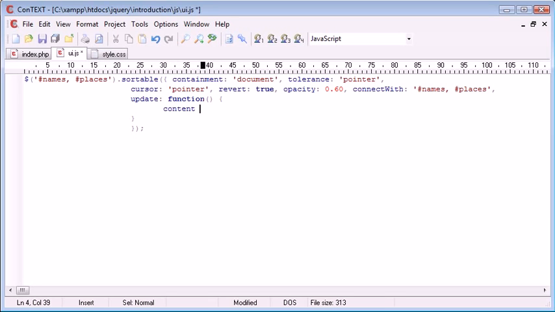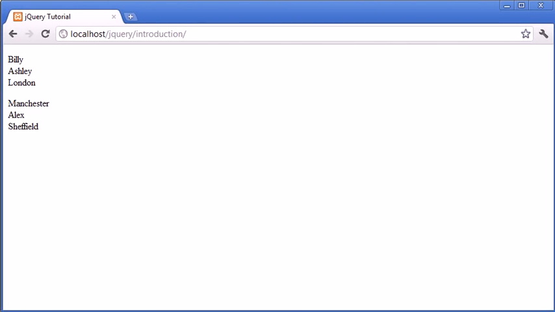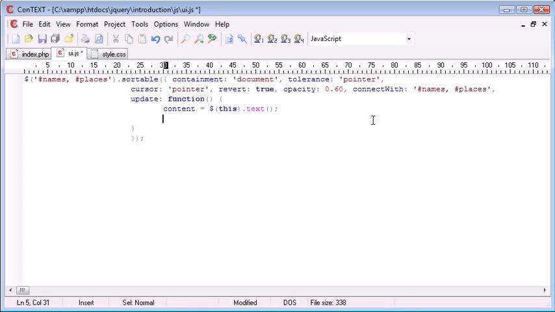I'm going to say content is equal to, and I'm going to select this dot text. Now this dot text is going to take the current text that's inside of here minus the tags or the HTML elements themselves. So now we can go ahead and apply this to the sort status div. So sort status dot text